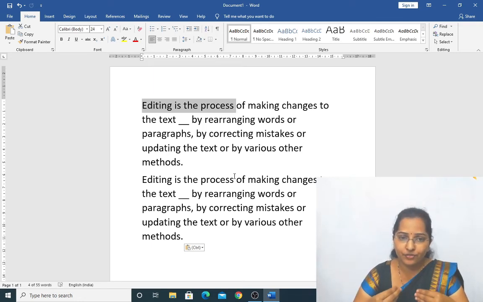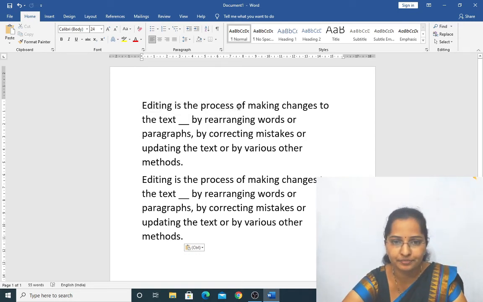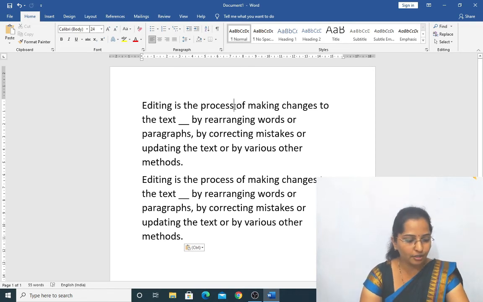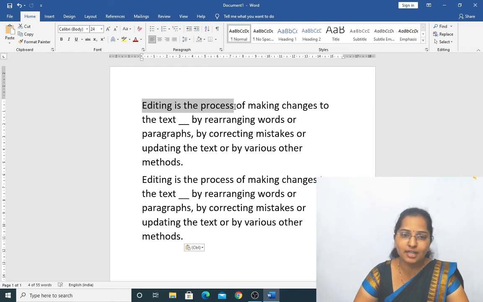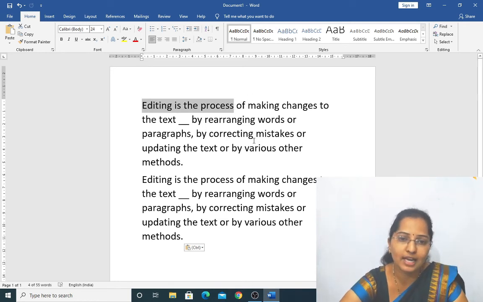Now, if we want to select the text from the left side, we will see how to select. Click like this somewhere else. Again use the Shift key and the left arrow. Now observe how to select from the left side. This is the way to select the text using the keyboard. What keys do we need? Shift and the arrow keys. Okay.